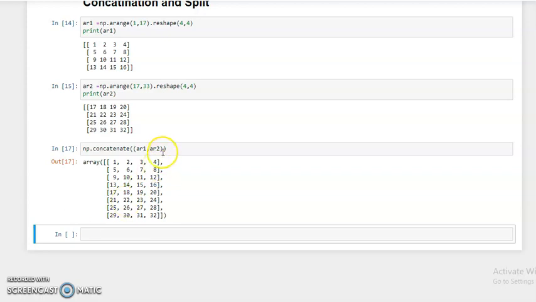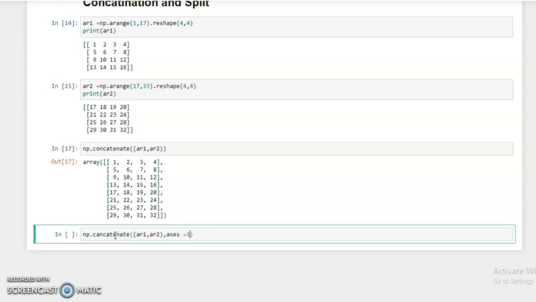So we don't need to mention axis equal to 0, but if we need to concatenate row wise, we use np.concatenate, and then pass ar1, comma ar2, and then comma axis equal to 1 for rows.